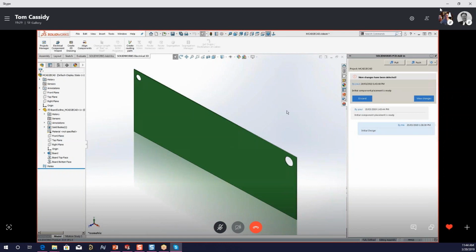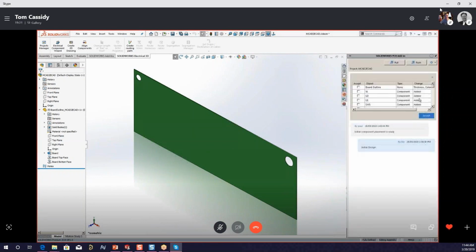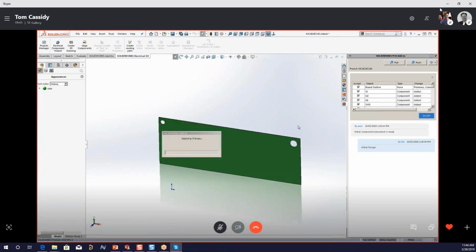So I'm going to do as Paul did. I'm going to view the changes, and it's going to show me a lot of stuff. All the parts got added, component added, some shapes changed. I mean, a variety of things happened. So I'm going to do the same thing. I'm going to say check them all and accept, and sit here a bit while all those parts now get